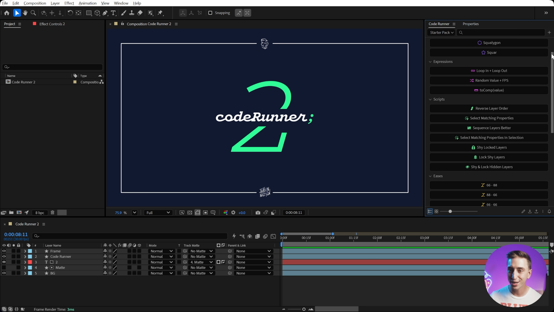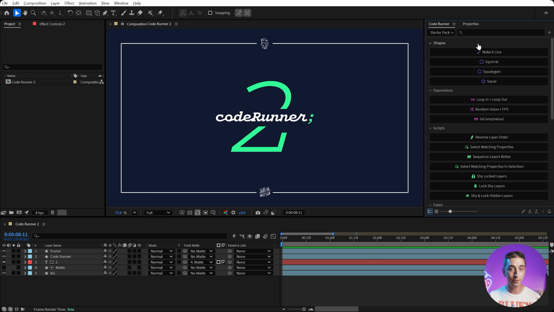There's so much to cover here, so I'm gonna try and go as quick as I can, but if you're already an existing CodeRunner user, you have access to this. Just log into your JKInMotion product library, download version 2, install it, restart After Effects, and open it up under the Window Extensions menu. And when you run it for the first time, your V1 collection should import to V2